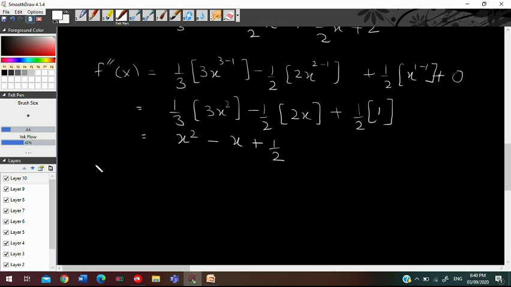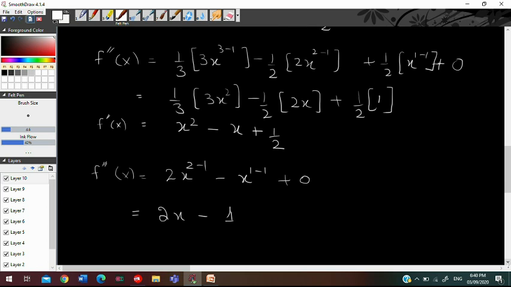Now again apply the derivative. This is the second derivative. Now again the derivative. You can see the rules are the same, we just keep finding the derivatives of all these equations. Now when we find the derivative, again we apply the power rule, 2x^(2-1) plus x^(1-1), and 1 by 2 is a constant, so its derivative is 0. So 2x plus 1 is the third derivative of our function.